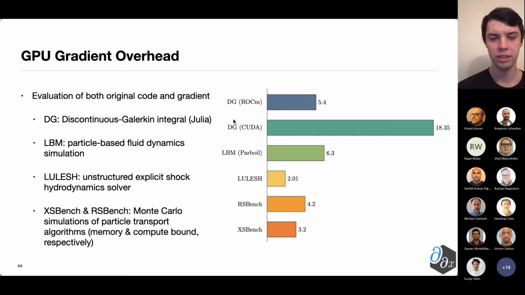The specific benchmarks that we care about here are a discontinuous Galerkin kernel, this time written in Julia, and in fact both for AMD and for NVIDIA. We have a lattice-Boltzmann method, which is a fluid dynamics solver. We have the LLVM hydrodynamics solver out of Lawrence Livermore, and both XSBench and RSBench, which are examples of this Monte Carlo algorithm that are respectively memory bound